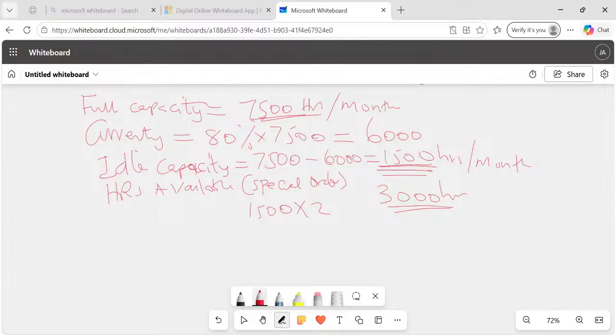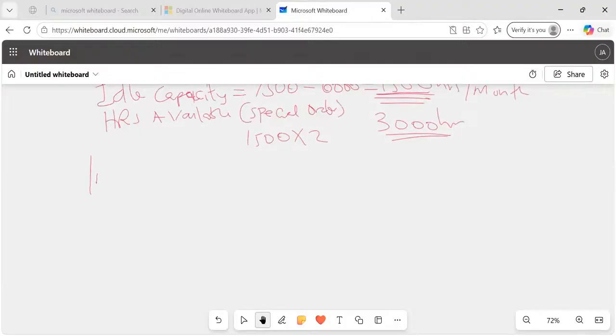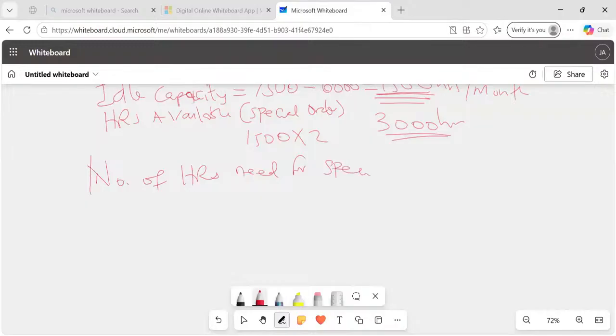What you simply need to do is to follow a procedure. Now, we have 3,000 hours, but are these 3,000 hours enough? Are they enough? So step number two, my friends, let's ask ourselves a very simple question. How many hours are needed? Number of hours needed for special order,